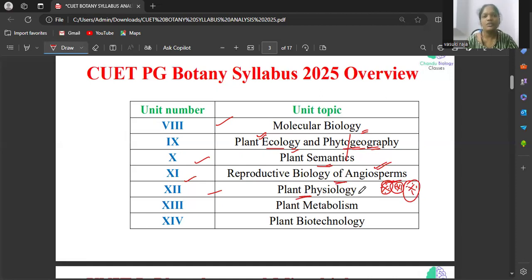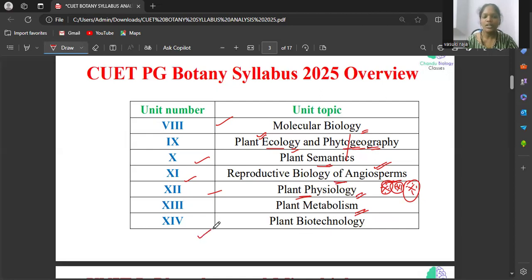and we have to focus on sensory photobiology, and we have to read about the pigments and transport in plants. All these things will be covered under plant physiology, the most important unit. And plant metabolism: what are the day-to-day functions performed by the plants, what will be their everyday life, what is happening in plants' life, that will be dealt under plant